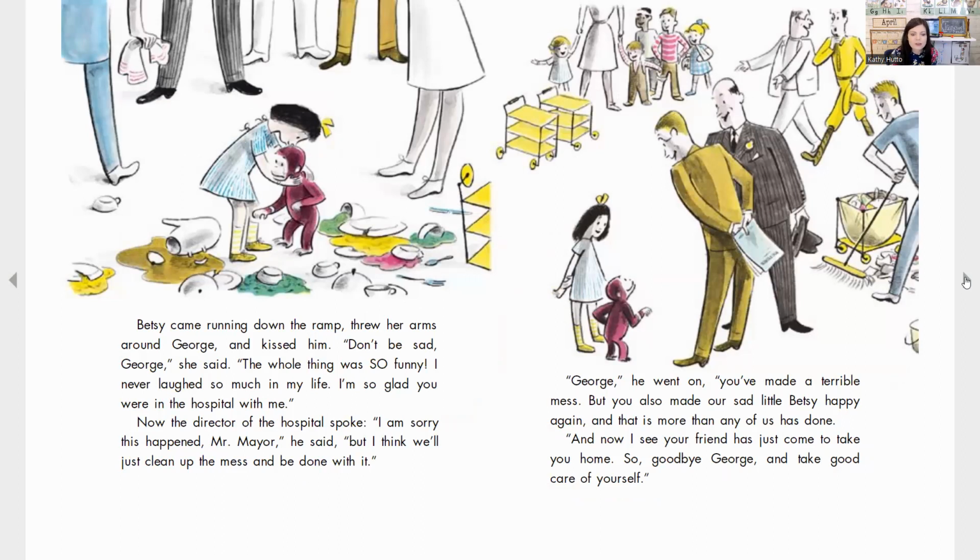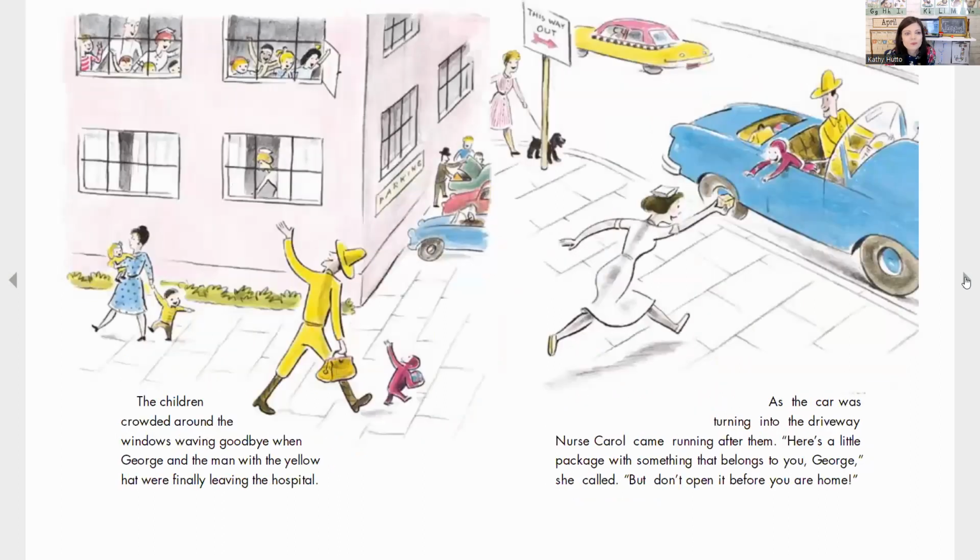The director of the hospital spoke. "George, don't worry about the mess. We can clean that up. You've made a lot of children very happy today. Thank you, George." The children crowded around the windows, waving goodbye, and when George and the man with the yellow